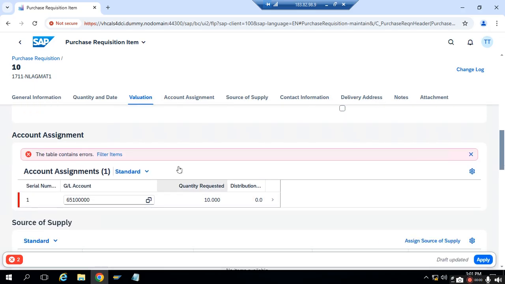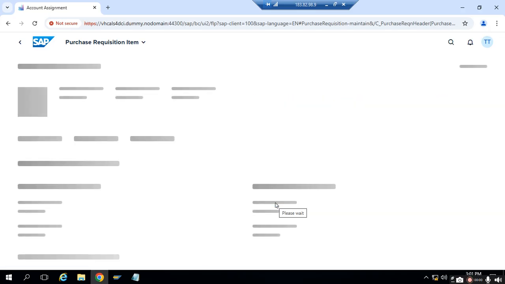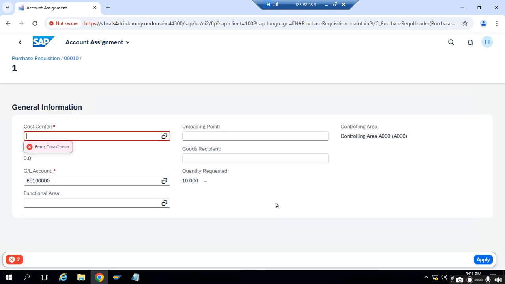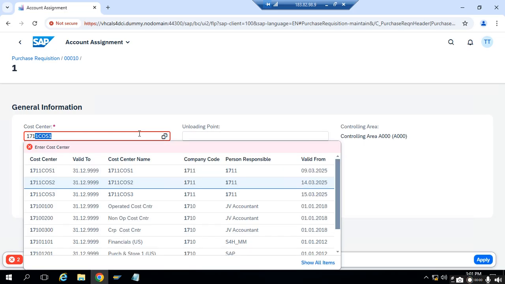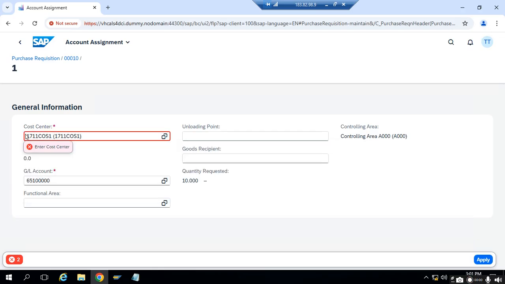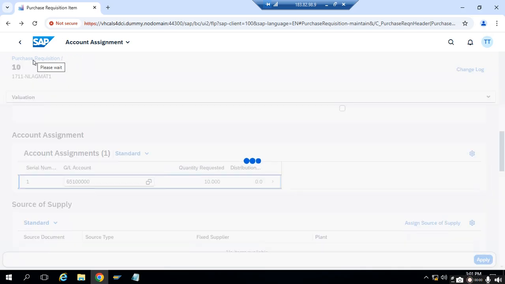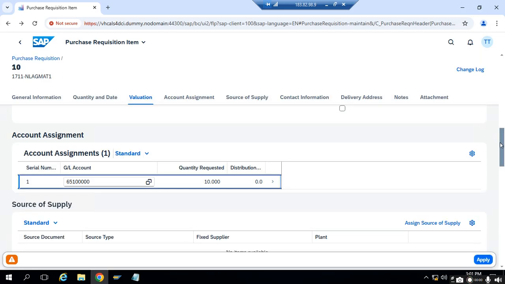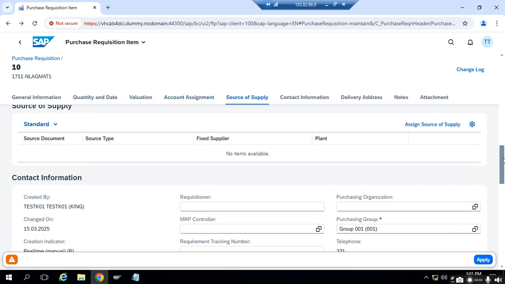Scroll down. In the account assignment section, here the table contains some error. If we go to this navigation, here the system is expecting us to enter the cost center code. So here I am entering cost center code 1711 cost 1. Click on apply. Now the error has gone. If you scroll down,